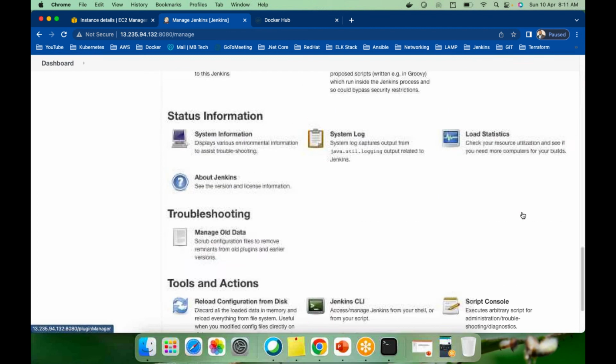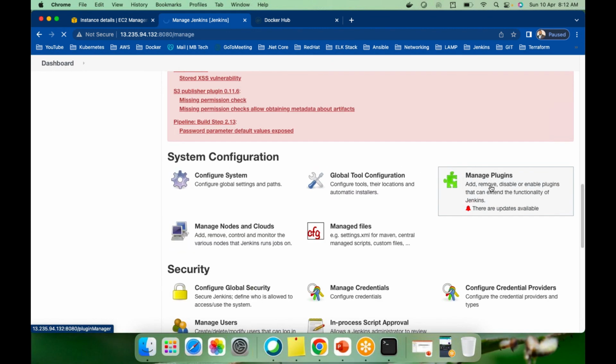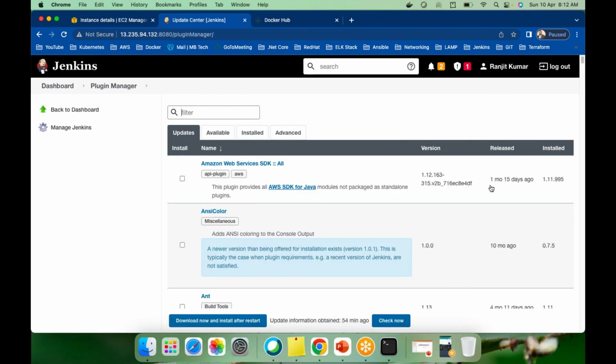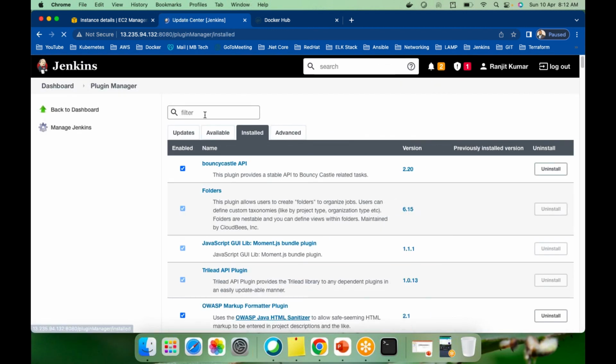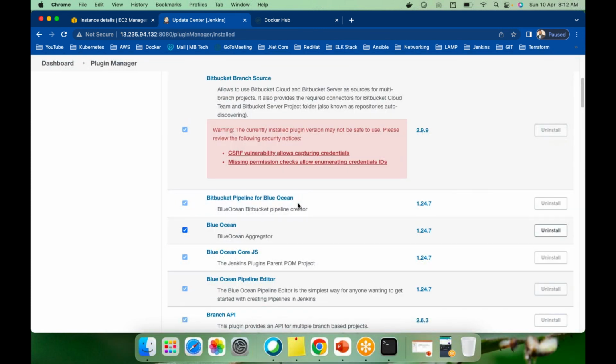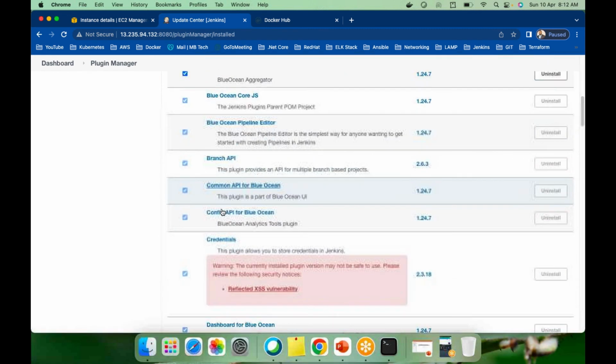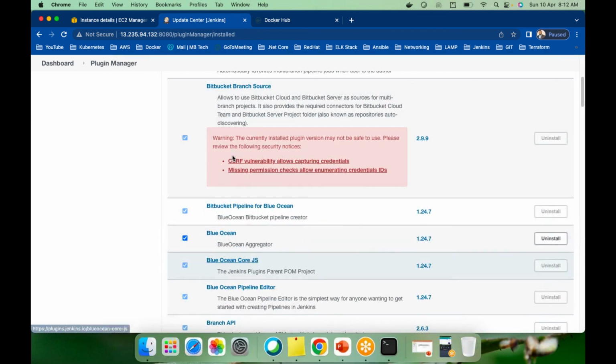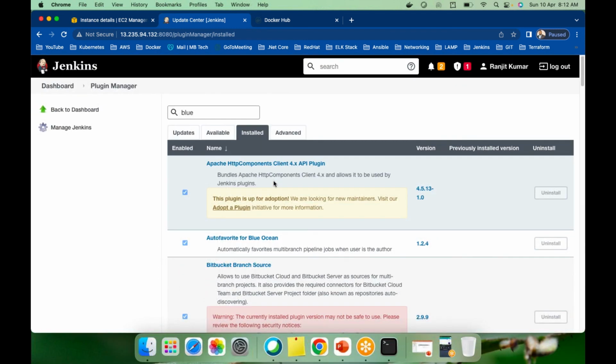What is the plugin name to install that? You just search for Blue Ocean and you'll find it. Let me show you. Go to the dashboard, manage Jenkins, and manage plugins. If I go to install,